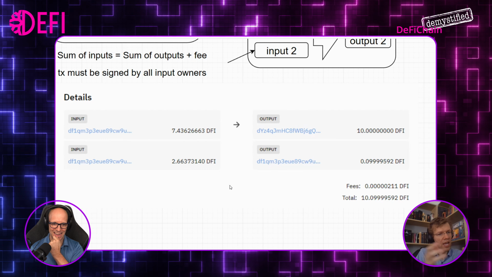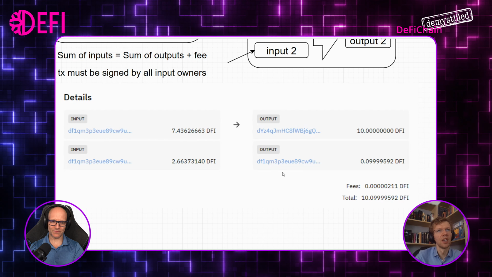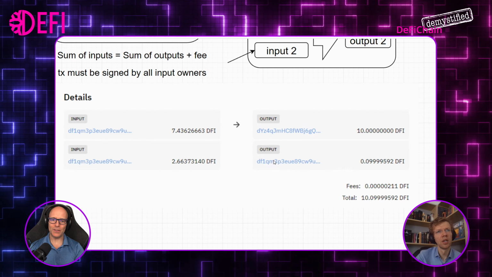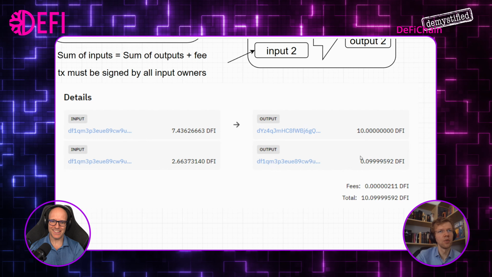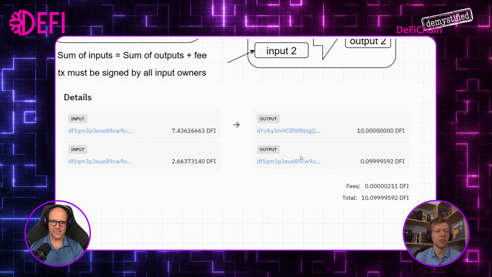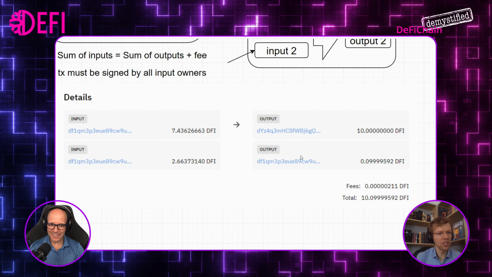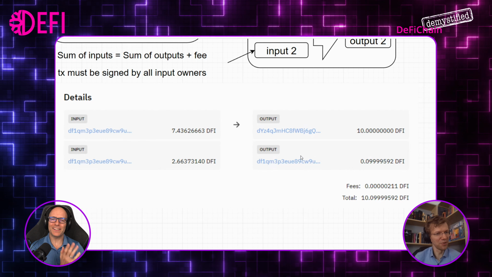As soon as it's in a block, you have a free UTXO, because as soon as this transaction is in a block, you get change, a new UTXO. And with this, you can make a new transaction. You can only make a transaction with a UTXO. That's why we need UTXOs.